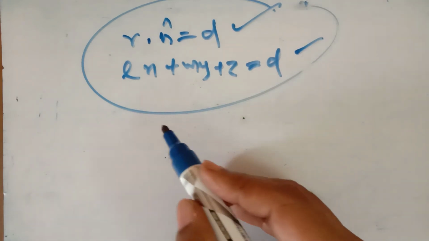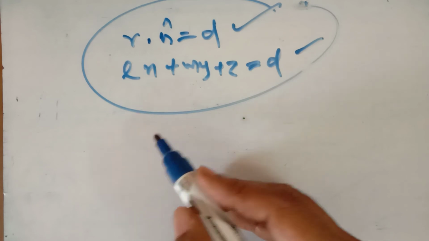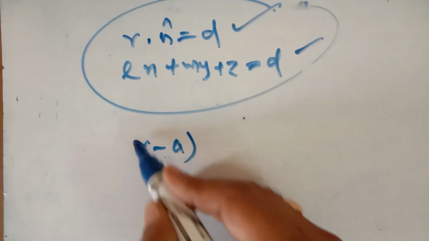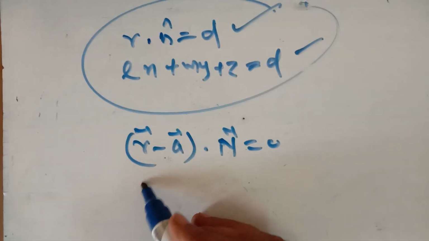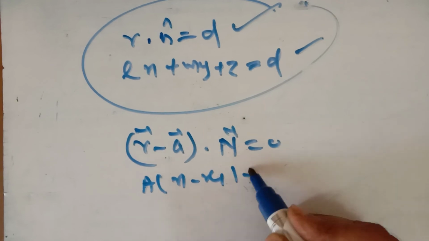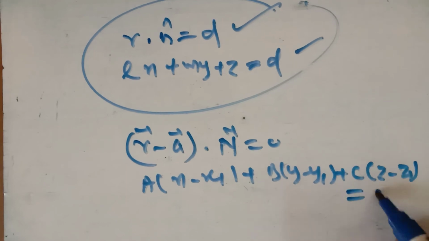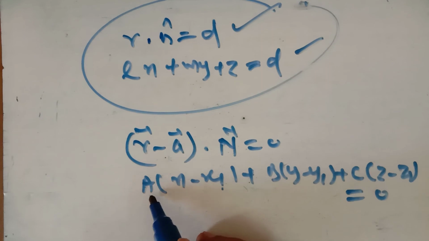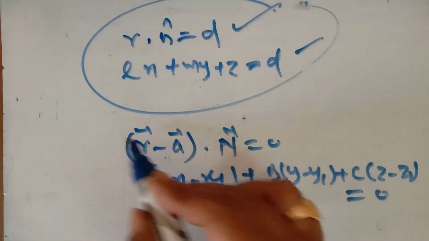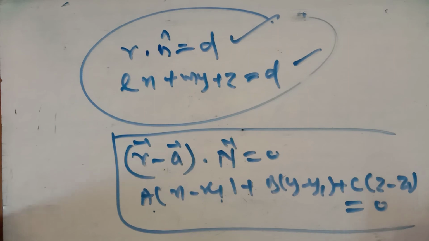After this we did the equation of the plane passing through a point and perpendicular to a line. So r minus a dot n is equal to 0. This was the vector form. Its Cartesian form we did as a(x minus x1) plus b(y minus y1) plus c(z minus z1) is equal to 0. Equation of the plane passing through a point whose coordinates are x1, y1, z1 and perpendicular to the vector whose direction ratios are a, b and c. That is according to the heading. And third, we have just now done the equation of the plane through the known collinear points. Okay, we'll discuss the remaining formulas in the next lecture. Thank you.